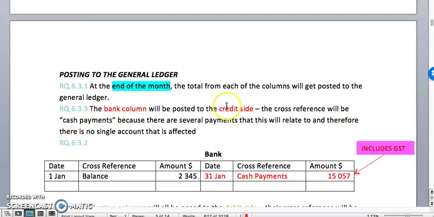The bank column will be posted to the credit side. It will be posted to the credit side because it is decreasing the amount of money that we have in the bank, and we're paying things out. Now, this is slightly different. The cross-reference in the bank will be cash payments. So it is not the name of an account. This is because all the debit entries that match this credit